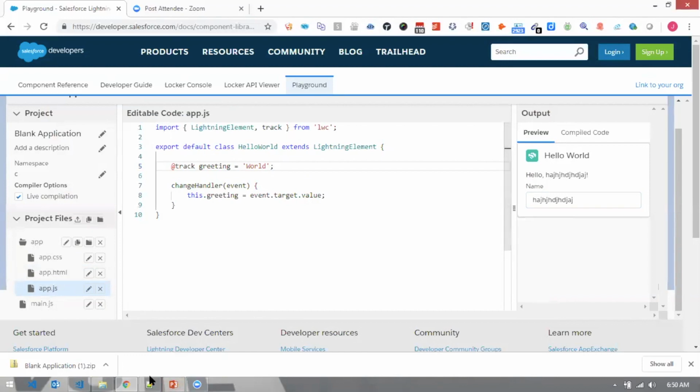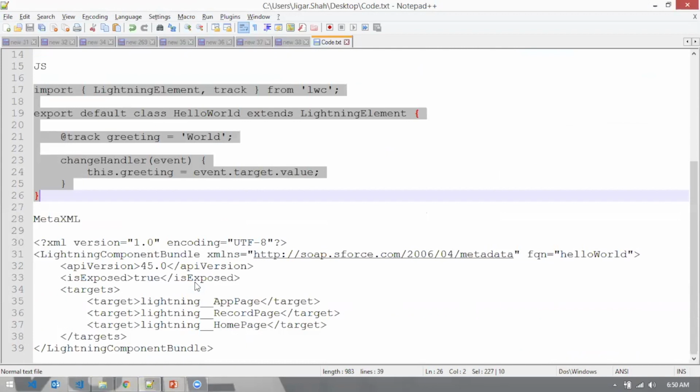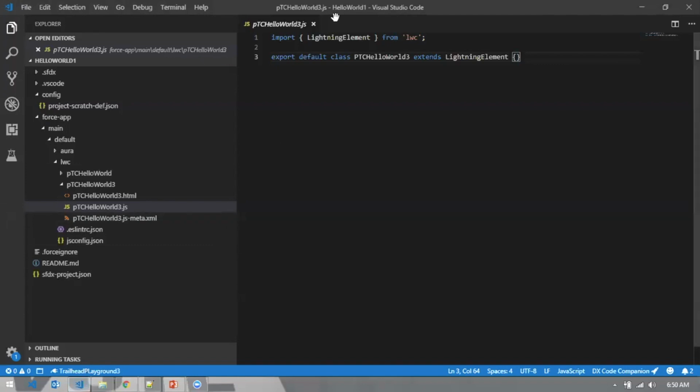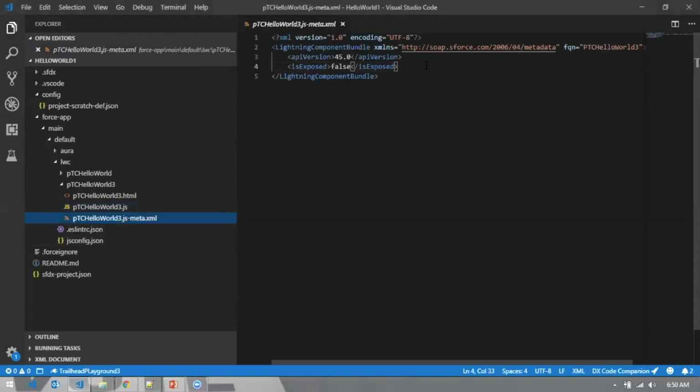There is one specific piece that I really want to show you, which is the XML file. So what I'm going to do is take this XML file for now from here, and I'm going to copy and paste this within my Visual Studio Code. So if I just open up the meta XML file,